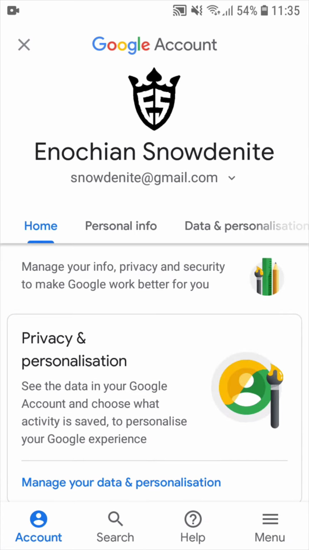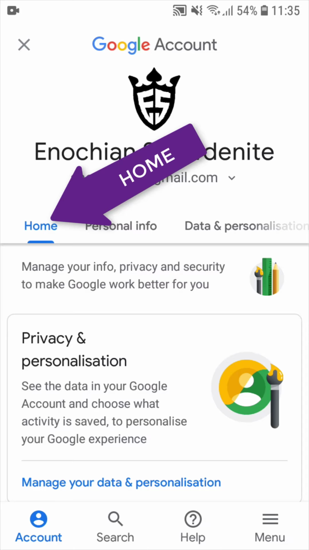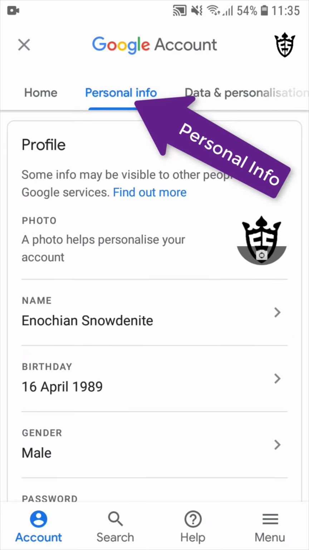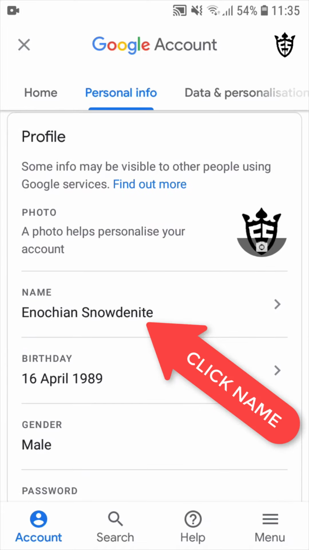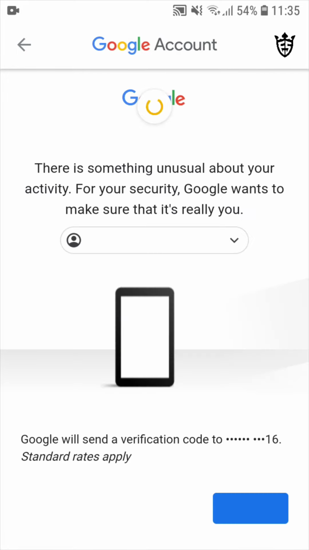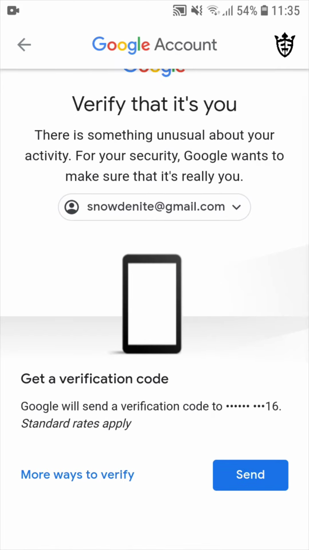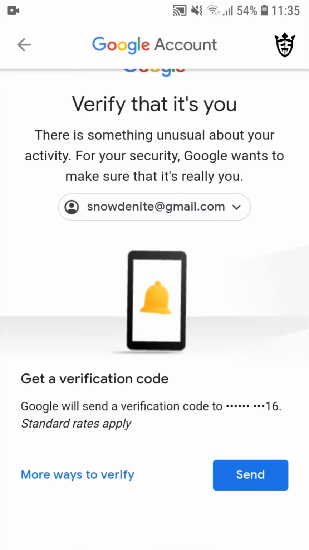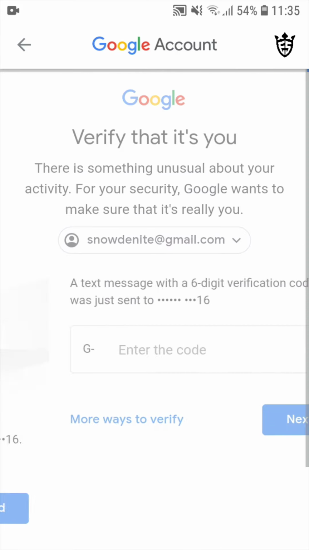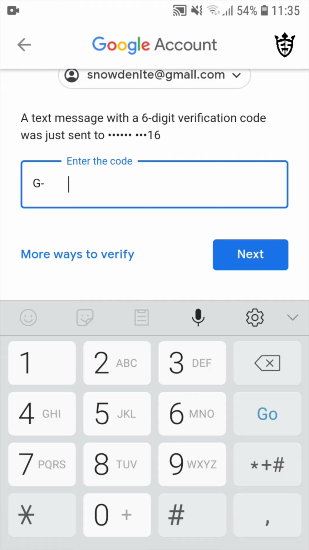and this page will open, and here you can see home. Next to that you can see personal information. So click on personal information, and it will show you your photo and your name. Under name, click on name, and it will ask you for a verification code because you're editing your profile. So you click on send, and you will get the verification code on your phone. Enter the verification code,